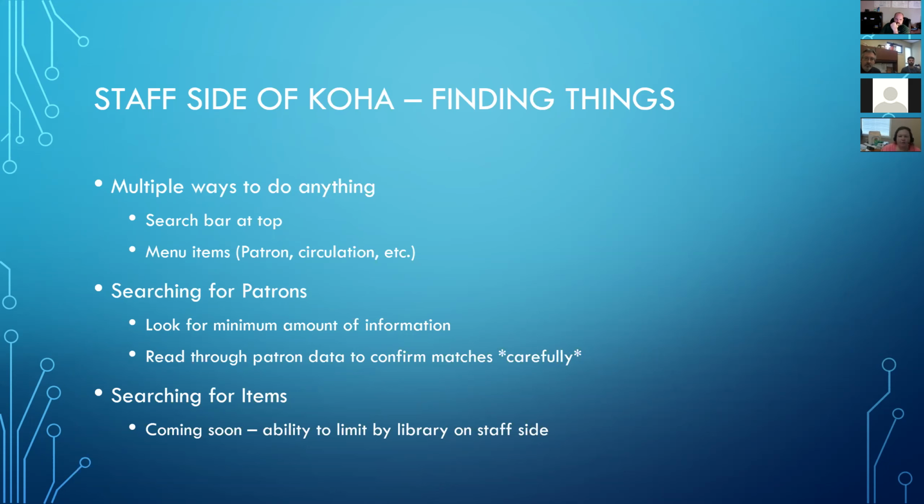So we don't store social security numbers in our system. I don't think we store driver's licenses either. So you need to identify patrons by a combination of fields: name, address, email, phone, that kind of thing. And again, when we get to the best practices, we'll talk about updating all that and making sure it's as updated as possible.